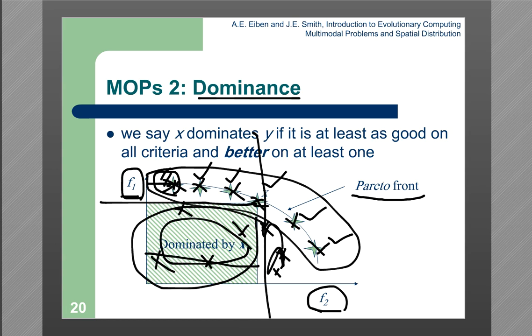So the Pareto front is a collection or a set of solutions, not one solution that is good with F1 or by F2. No one. Can you tell me which one